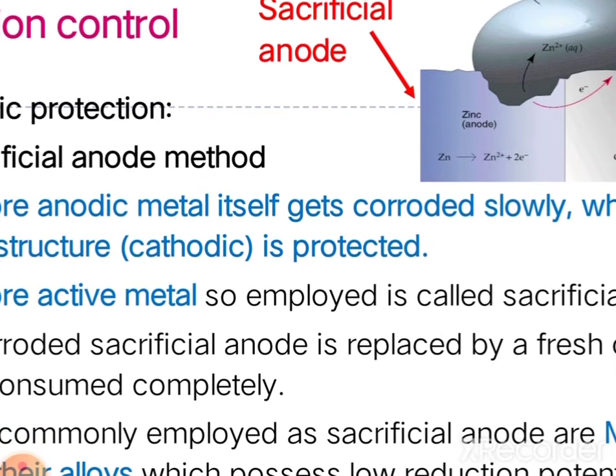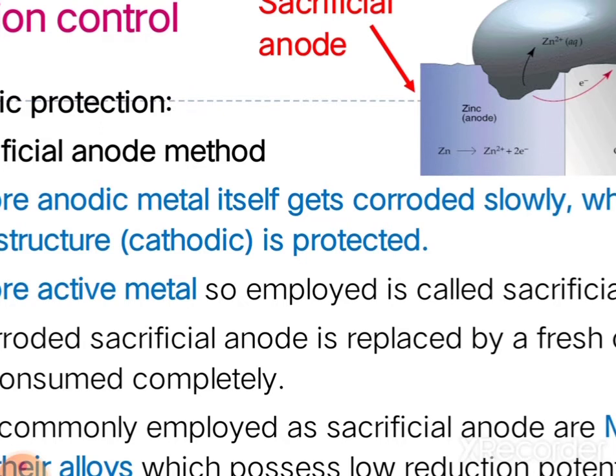If you want to protect the iron against corrosion, you have to connect an anode, a highly reactive metal like zinc, to the iron structure, where zinc suffers corrosion by the oxidation reaction. Zinc undergoes oxidation, forming zinc ion by the loss of 2 electrons, whereas at the cathode, reduction of oxygen or hydrogen in the presence of moist air leads to the formation of water or hydrogen gas at the cathodic area.